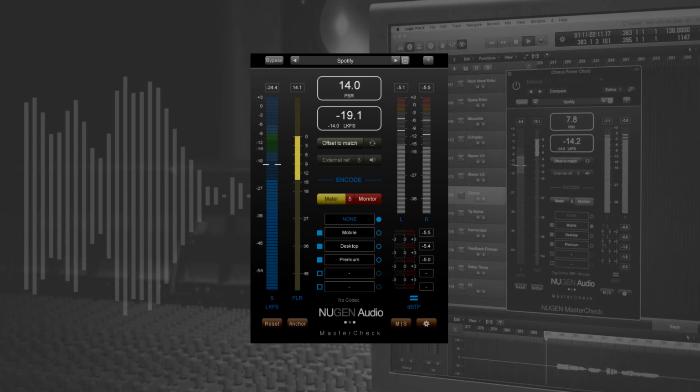Again, as a mix engineer, you want to give the mastering engineer as much breathing space as possible, so it makes sense to keep the peak to loudness ratio as high as you can, as long as it doesn't negatively impact the mix. The codec section in MasterCheck allows mastering engineers to hear ahead of time how the loudness